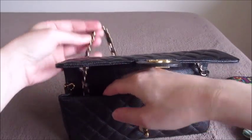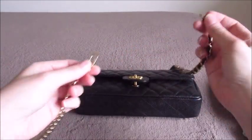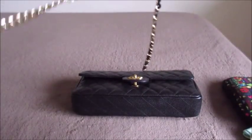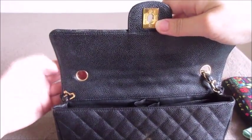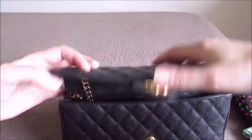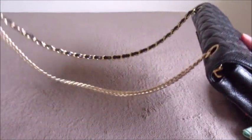The other thing that you can do if you want to wear it crossbody, you'd have to go onto eBay or some other website that sells the chains, and this is not a chain that matches, but what you would do is take the end of the Chanel chain and the end of a matching chain. Once again, this is not a matching chain, I'm just showing you. And you can run this through, latch it there. This is not the correct length nor the correct chain, but I'm just showing you that you could make it a complete crossbody bag. You'd have to get the right length, of course, but you can make it a crossbody bag, whatever